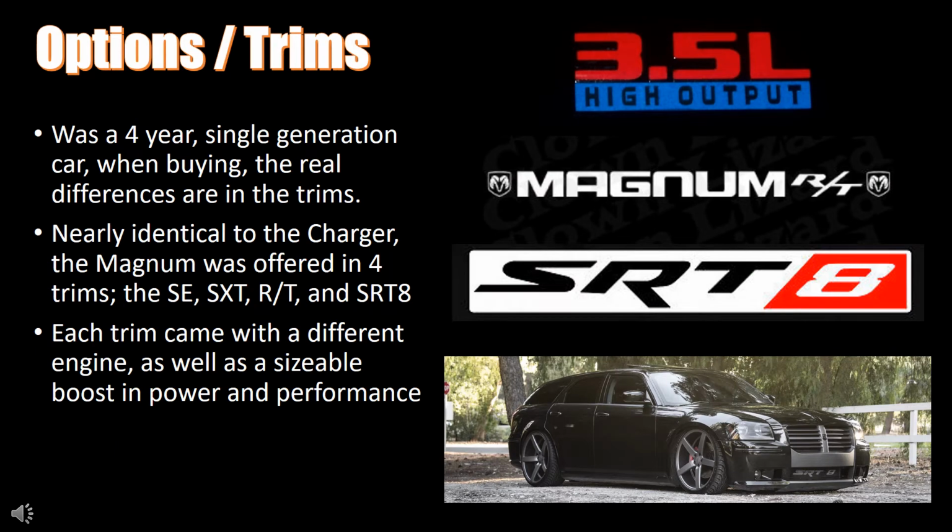Because this car was a 4-year single-generation model, the real differences between the models are in the different trims. All model years are almost identical, aside from the 2008 models, for which Dodge did a slight facelift. Similar to the Charger, the Magnum was offered in 4 trims: the SE, SXT, RT, and the SRT8. Each trim had large differences in terms of power, with each one having a unique engine as well as transmission